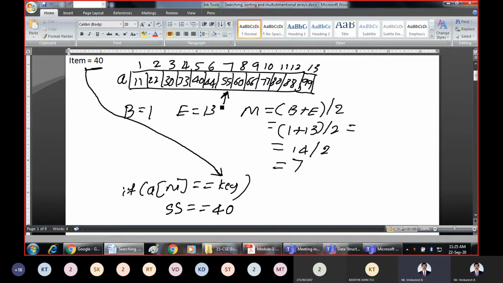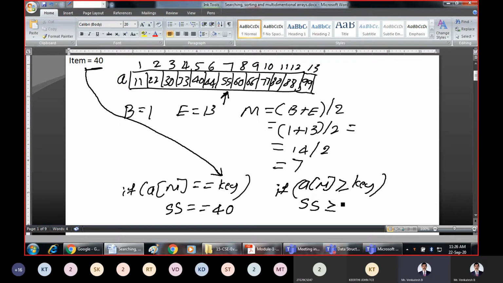Later, we check whether the middle element is greater than or equal to the key element. What is A of middle? A of middle is 55. Is it greater than or equal to key?